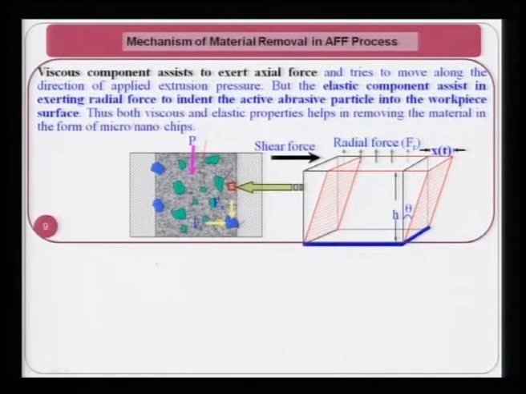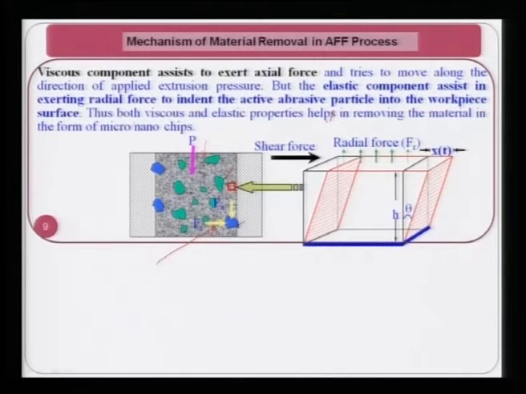Here is the normal force Fr, which is due to the elastic property of this rheological medium, responsible for making the abrasive particle penetrate inside the workpiece surface, and the axial component of the force Fa is responsible for pushing this abrasive particle forward, so that the material is removed in the form of a microchip. Thus both viscous and elastic properties help in removing the material in the form of micro nano chips.